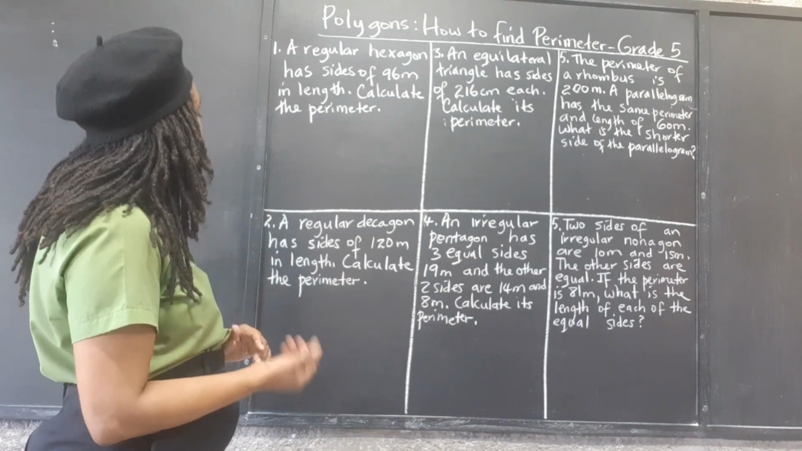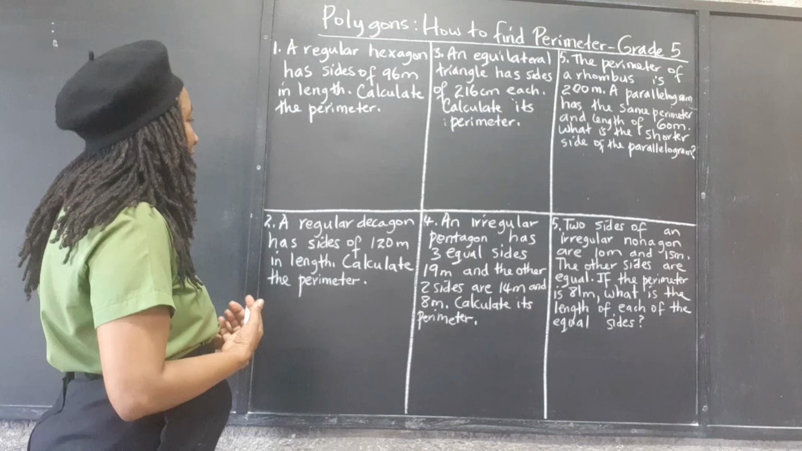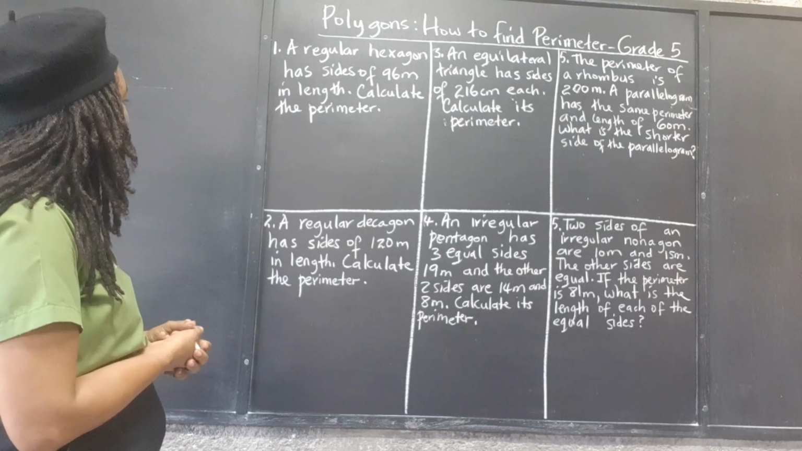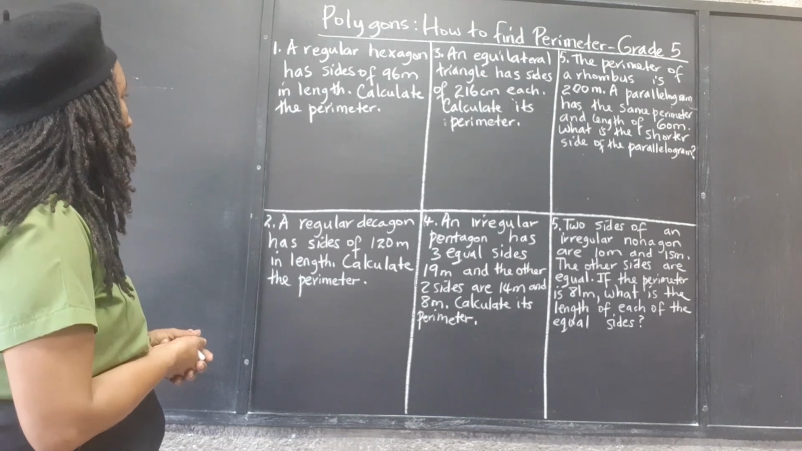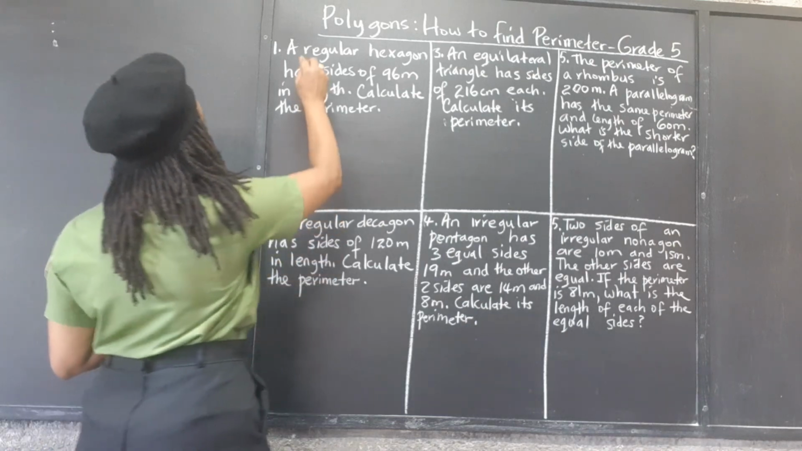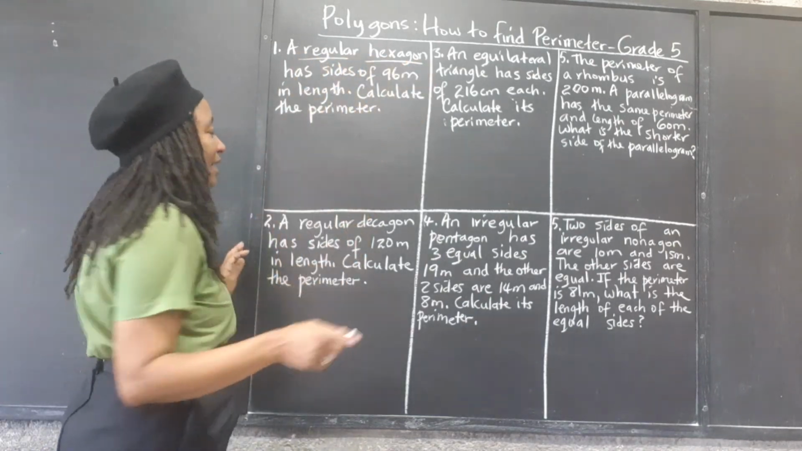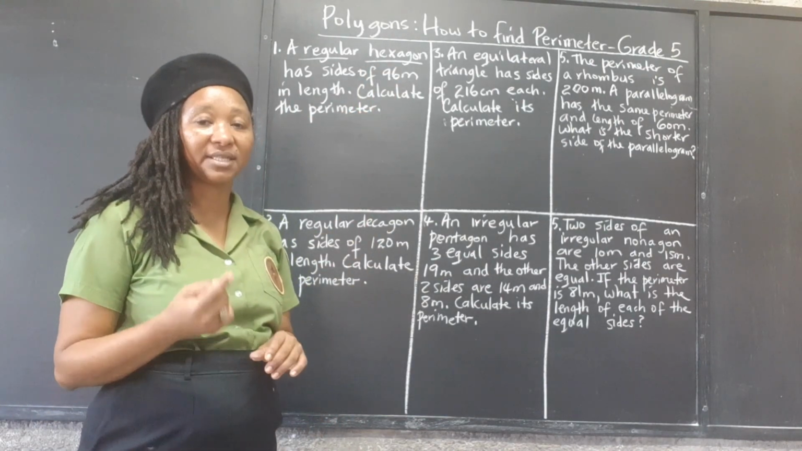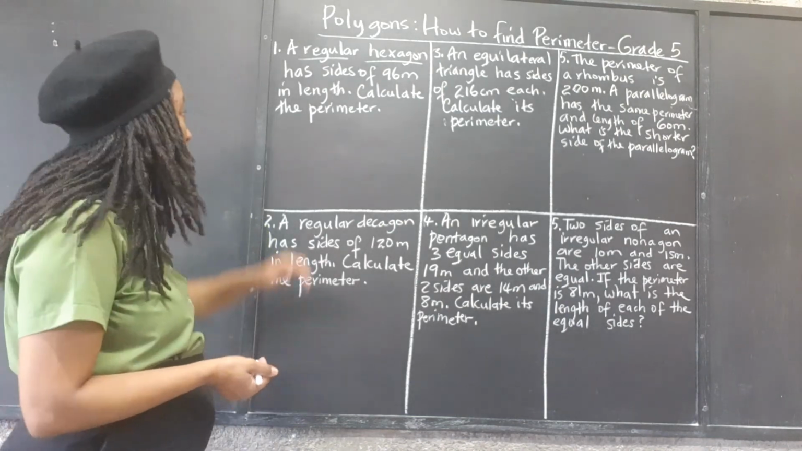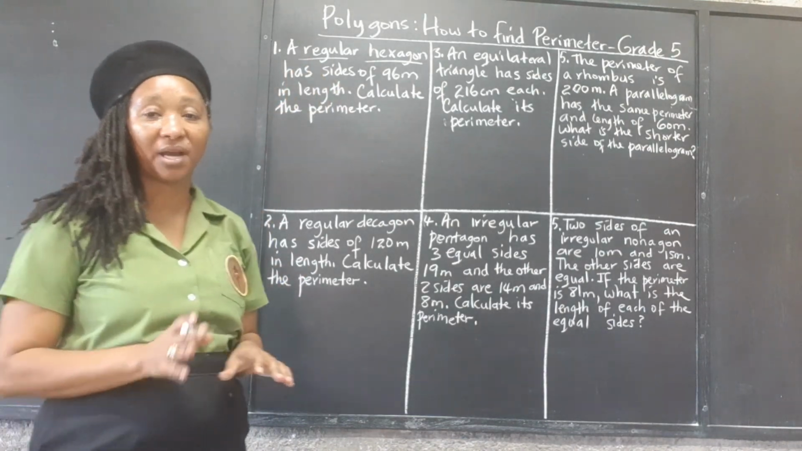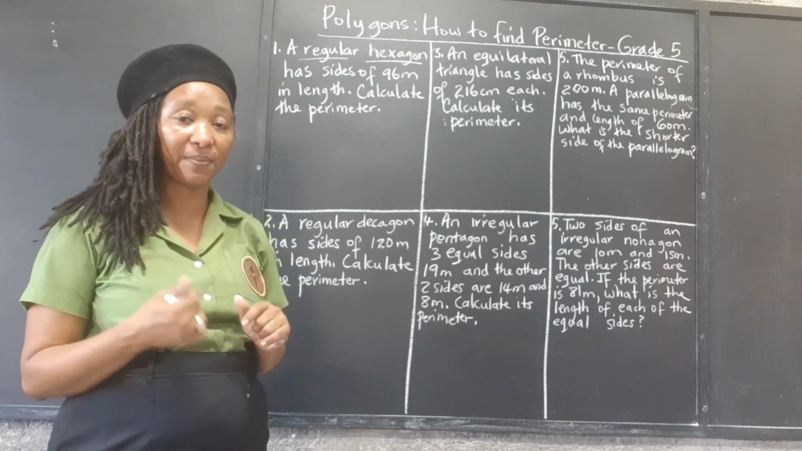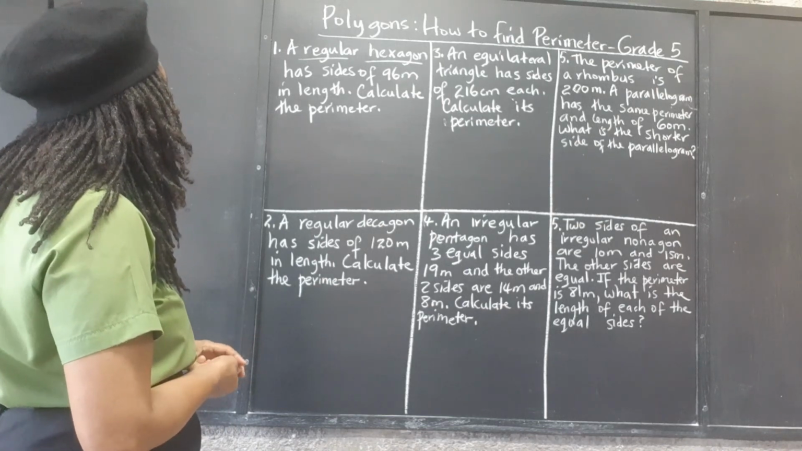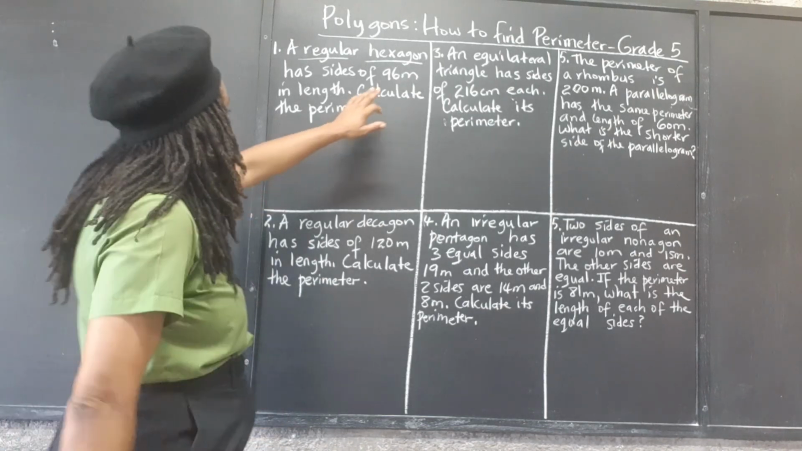Number 1 says a regular hexagon has sides of 96 meters in length. Calculate the perimeter. Alright, it says a regular hexagon. That tells us that regular tells us the sides are all equal. Hexagon tells us 6 sides. So a hexagon is a special name for a 6-sided polygon. And once you see the word regular describing a polygon, that means all the sides are of the same length. So we're talking about a 6-sided figure where all the sides are the same length,